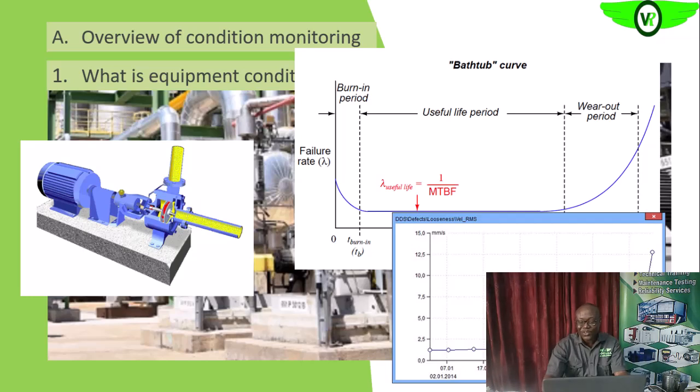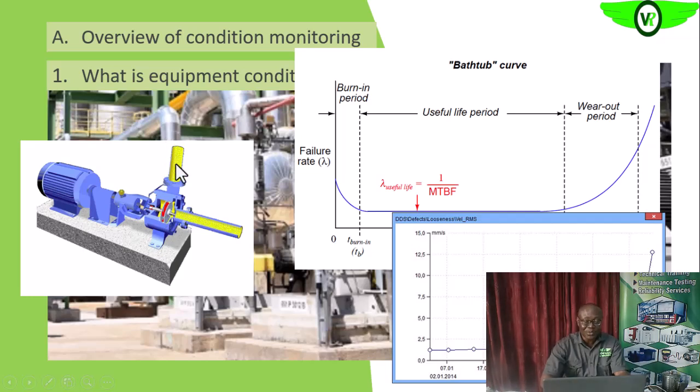So if you are taking it on the bearing housing, assuming you are taking it here, you know it is this front end bearing of the electric motor that you'll be changing. If it is this bearing here, of course, you know it's this bearing you'll be changing. If it is the one here, you know it's this bearing that you will also be changing. Are we getting it? So if, as we'll see later, the vibration analysis tells you that the impeller, coupled